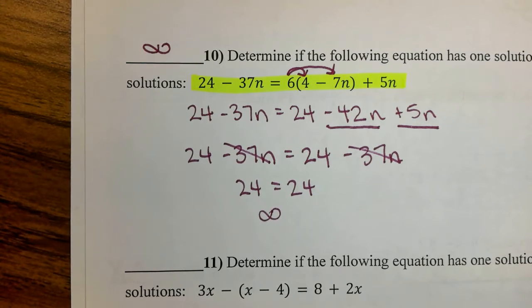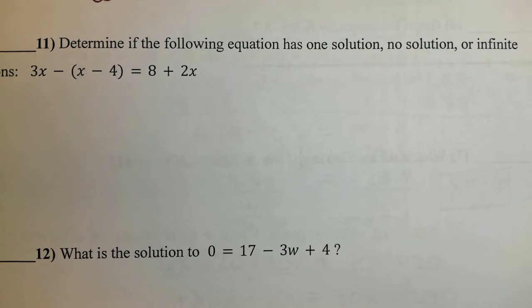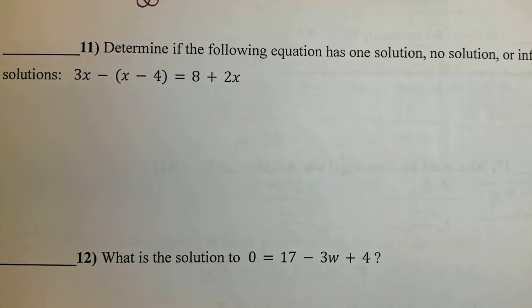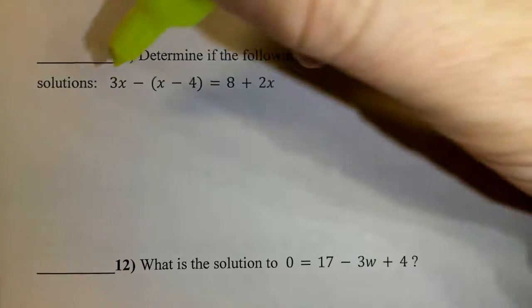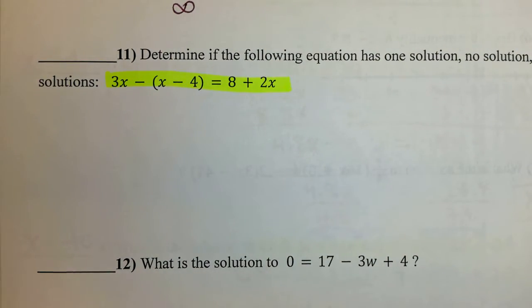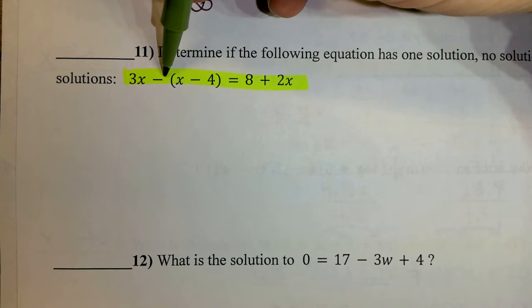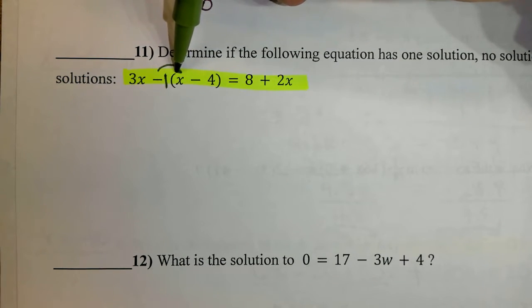But yeah, so that's all that's asking, is how many solutions do I have? So look at 11, same thing. Determine if it has one, no, or infinite solutions, okay? So I'm going to do the same thing. I'm going to solve. If I get an answer, so if I just get a regular number, it's just one solution. If not, it'll be something else. So I have parentheses, so I have to distribute. So remember, it's -1. I'm going to distribute